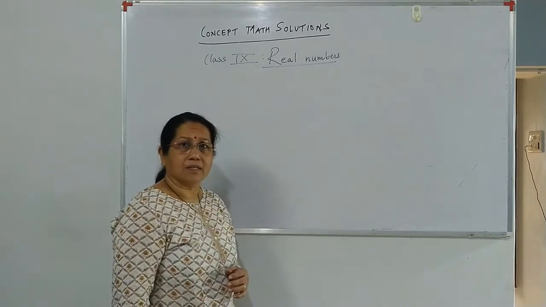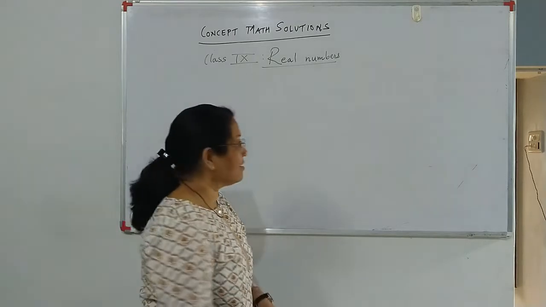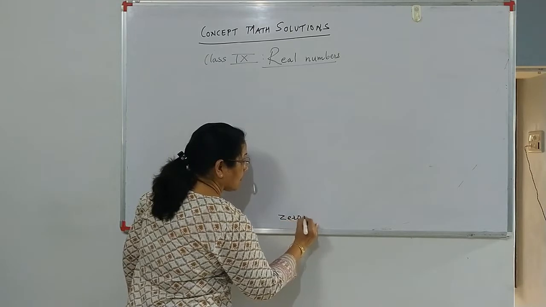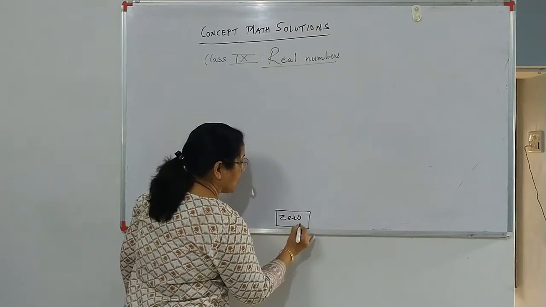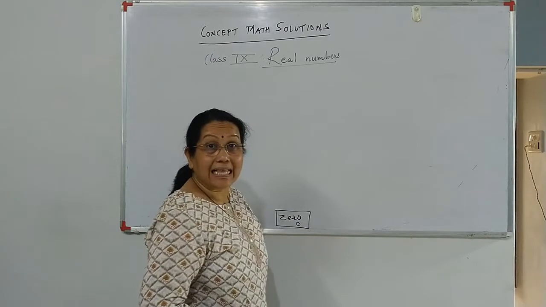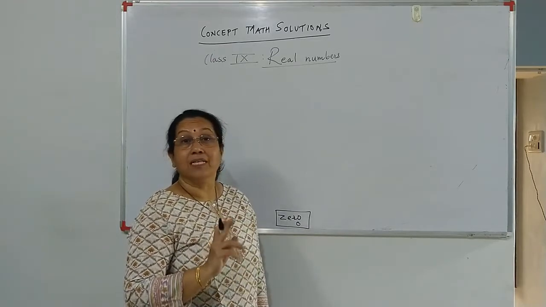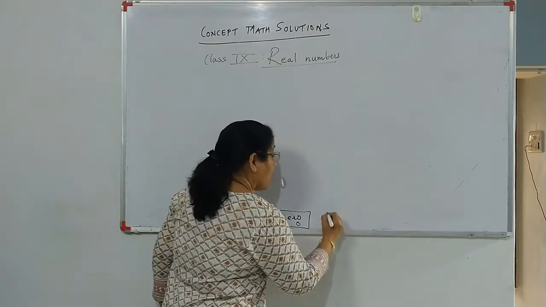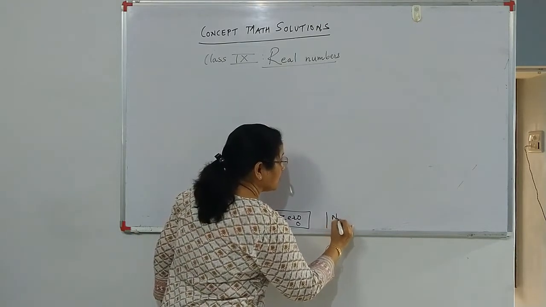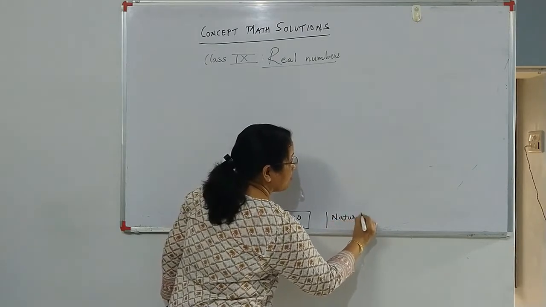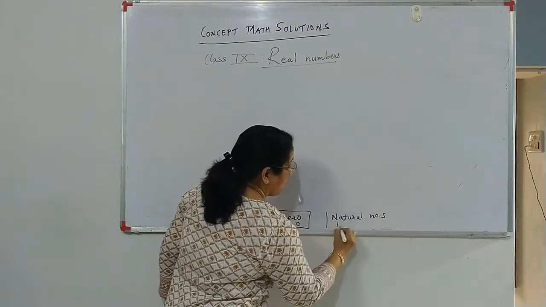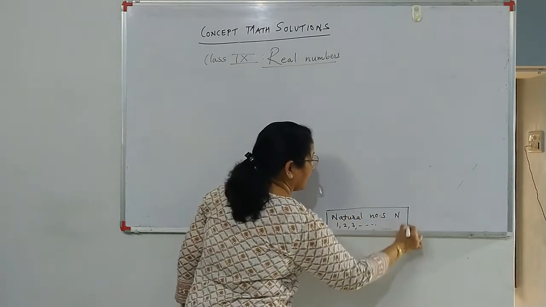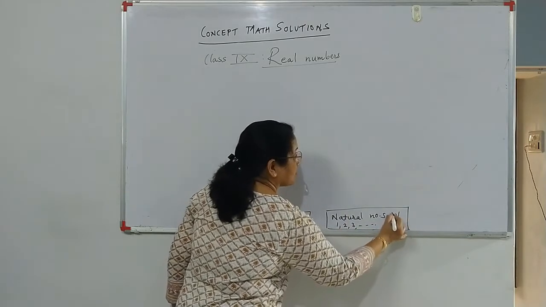Now, what are real numbers? If you remember, when you were small children, you were taught about 0. 0 was a number which was told as nothing. But actually 0 is the absence of something. Absence of a quantity is 0. Now, with 0 you were introduced to natural numbers, that is counting numbers, 1, 2, 3 and so on, and the natural numbers were shown using N, right? And they were natural numbers.